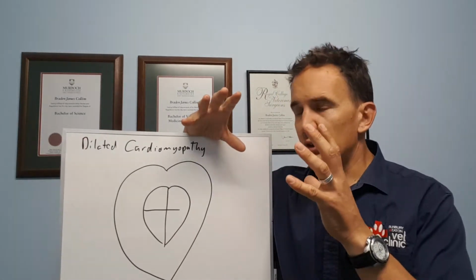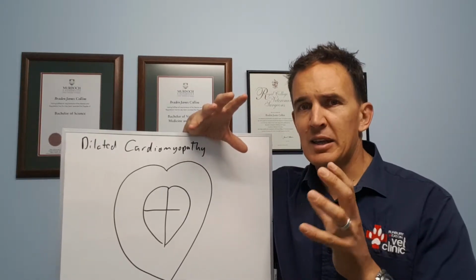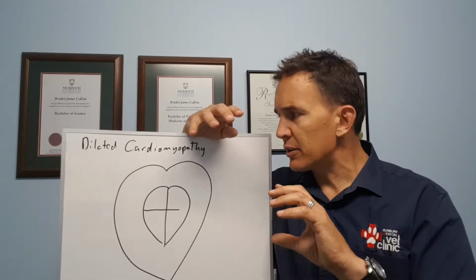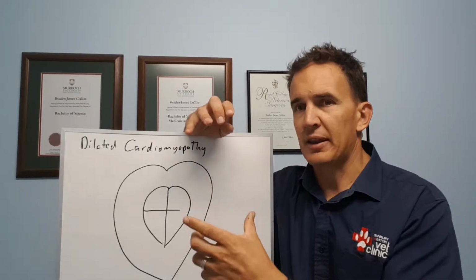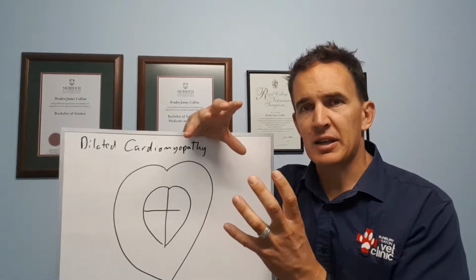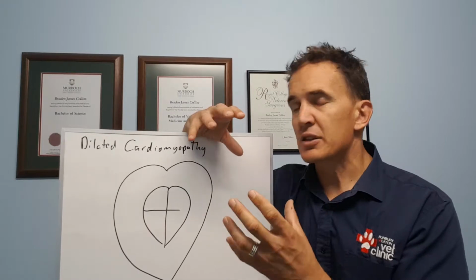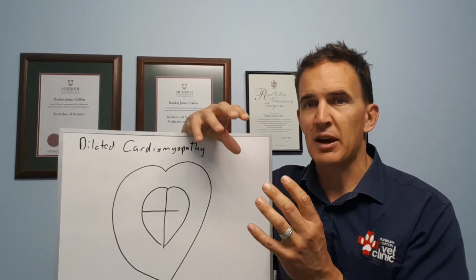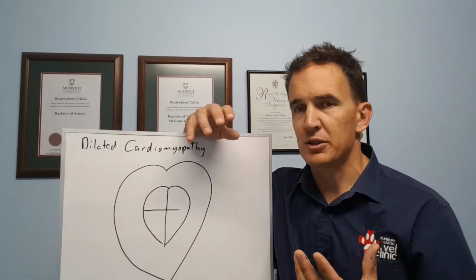Now, the stretching of the muscle can cause other problems. As well as not contracting as strongly, as the muscle stretches, it effectively becomes a bit leaky when it comes to the heart's electrical impulses, because the contraction of the heart is controlled by electrical impulses, and the main trigger for those is a point in the heart which sends out an electrical impulse around the heart, and we get a nice controlled beat. If the heart muscle is really stretched, then it can start to leak and trigger those electrical impulses elsewhere, or even constantly trigger those impulses. And so instead of getting a nice controlled contraction, we end up with fibrillation. So the heart's just contracting and fluttering away. And at that point it becomes very ineffective,